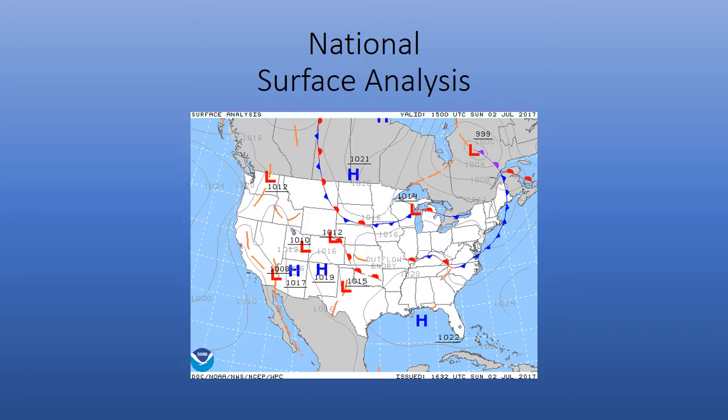We've got a low pressure system in northern Colorado into Wyoming, and there's a warm front extending southeast from there into Kansas and into Oklahoma. And then just south of that, we've got a low pressure system in northern Texas. We have a high pressure system on the Gulf Coast, and we've got a stationary front starting in Illinois, going